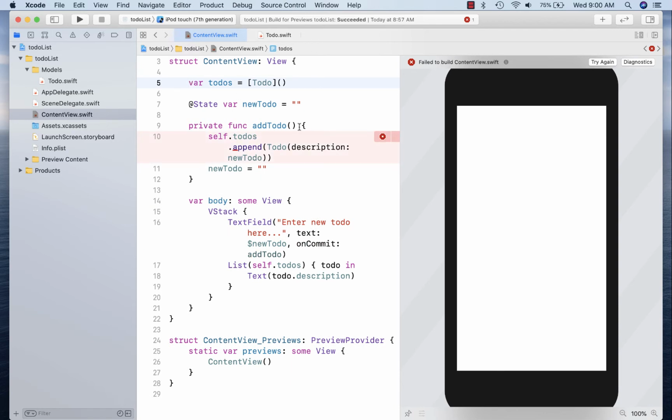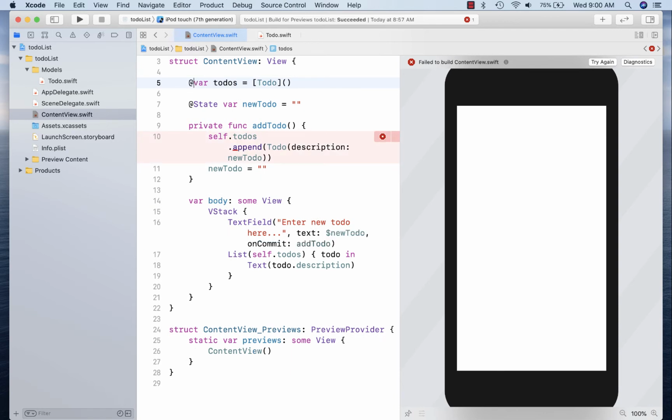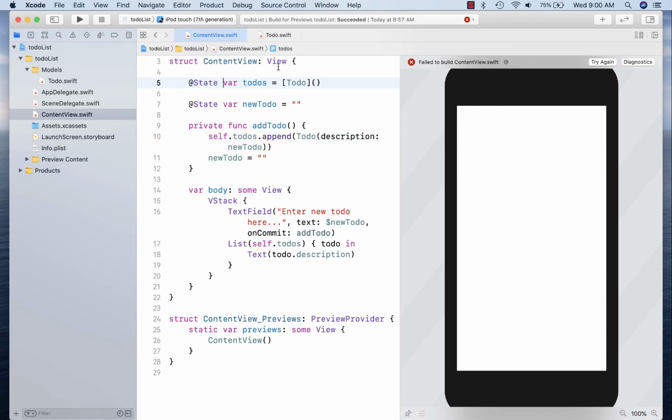The to-dos is actually bound to that list as well, so ultimately what I want to do is make that a state variable as well. And I think that should allow that to be mutating, meaning I can update it, otherwise it creates a non-mutating variable. Okay, so now if I try this again, what we should see